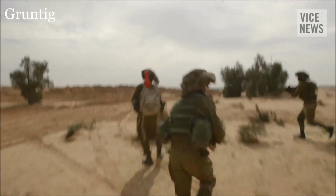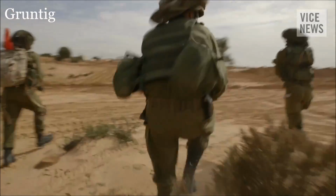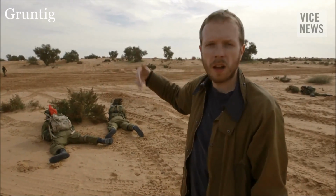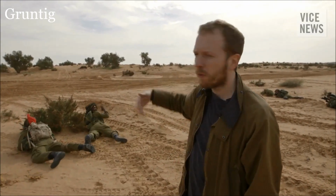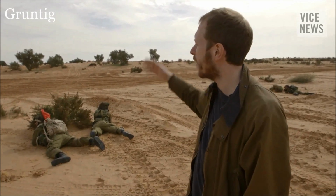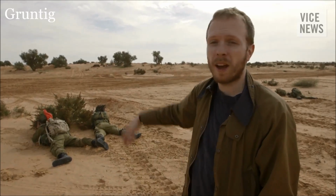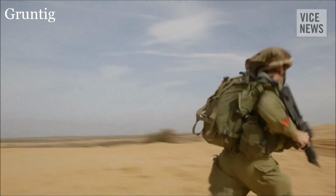It's about half a mile between here and the town. They've got to make sure there's absolutely no enemy combatants en route. So slowly but surely, they're running forwards, clearing the area, and then they're going to end up in the middle of a city, running up and down stairs, blowing up walls, and...